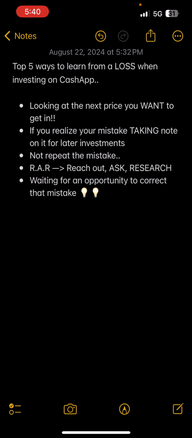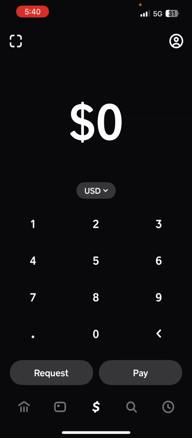So, waiting for an opportunity to correct that mistake. Sometimes a stock takes 5 days to go back down to where it was. Sometimes it takes 3 hours. Sometimes it plateaus for a little bit, you know? So being patient and just waiting for an opportunity to correct that mistake by buying lower or selling slightly higher. Okay, so those are